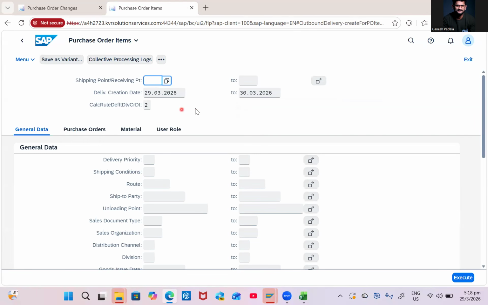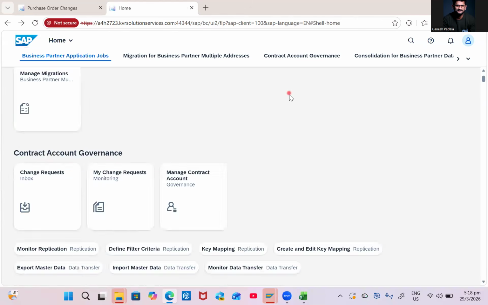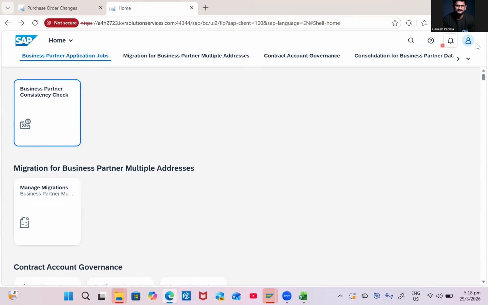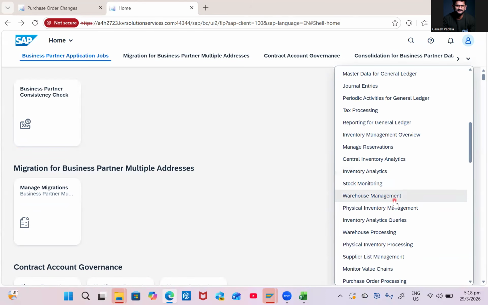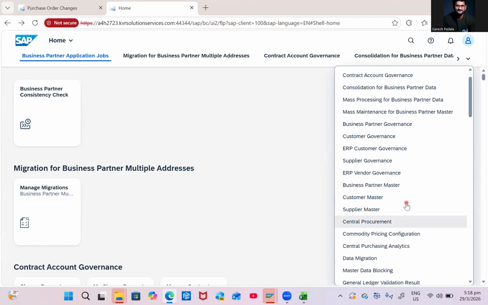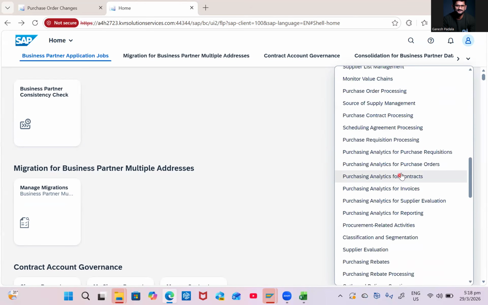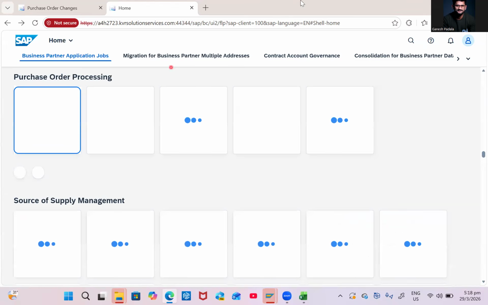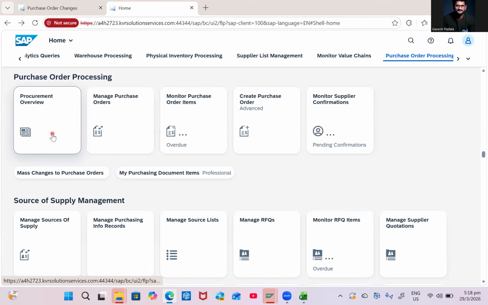So purchase order items due for delivery. This is the VL10B related transaction. So we will check the purchasing order processing. These are somewhere here. Purchase order processing. So come here